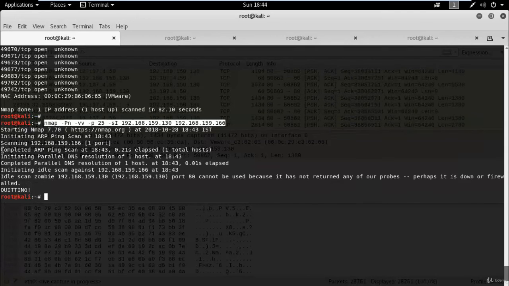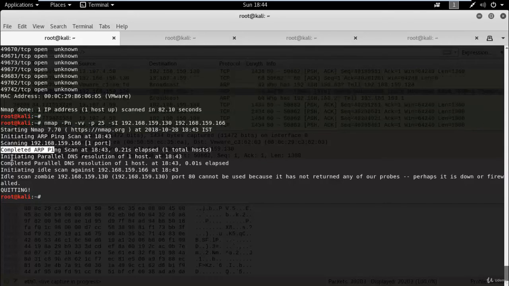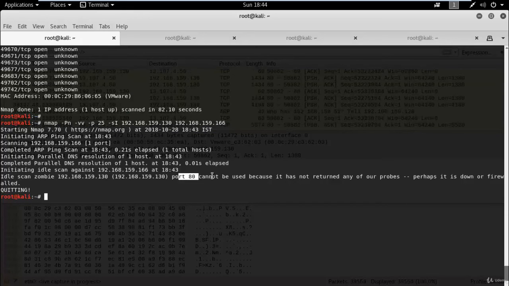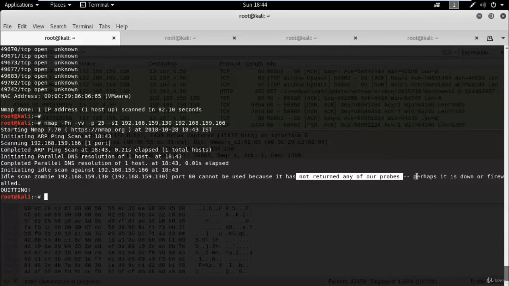Here you can see ARP scanning is completed and it ran for port 25, and we are not able to gather information from .130. Port 80 cannot be used because it is not returning any of our probes.